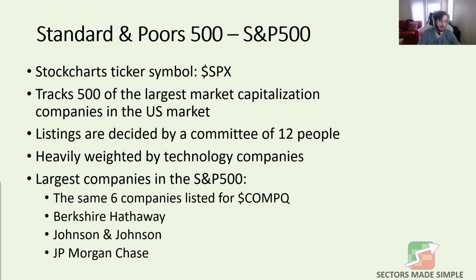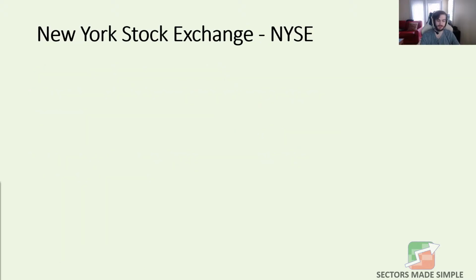So the S&P is our catch-all. It is the thing that sits up at the top of the 500 biggest companies in the US market. And it is a great benchmark of that. It tells us how is big business doing. But let's go back over to the other side now. And we've talked about the Nasdaq Composite Index, which makes up all of the companies in the Nasdaq. The New York Stock Exchange also has an index. And that index ticker symbol on StockCharts is